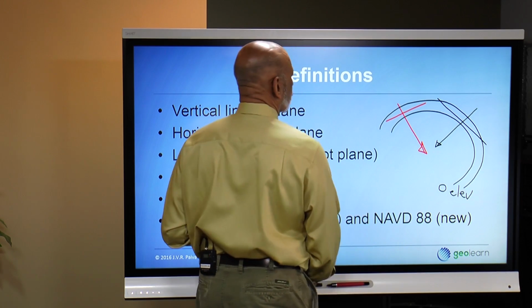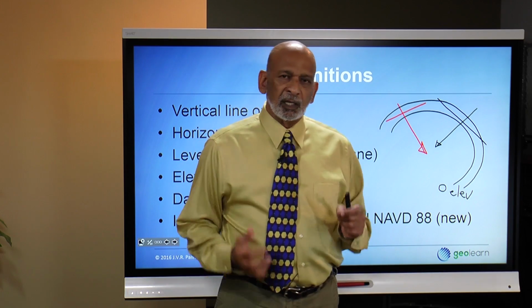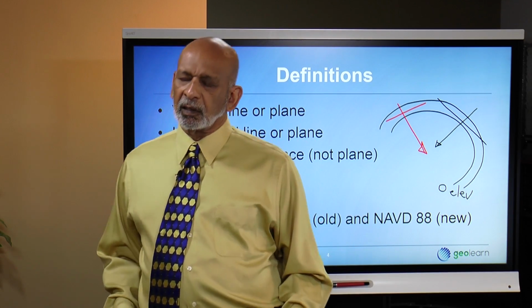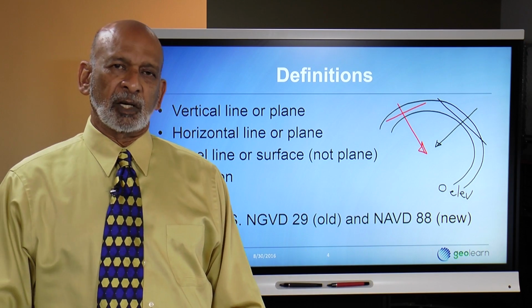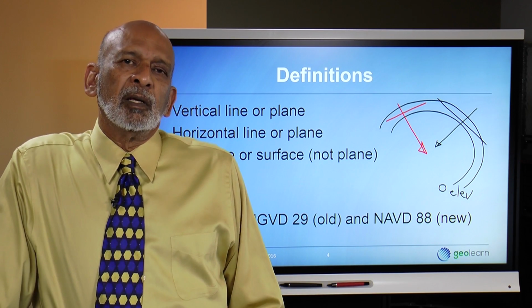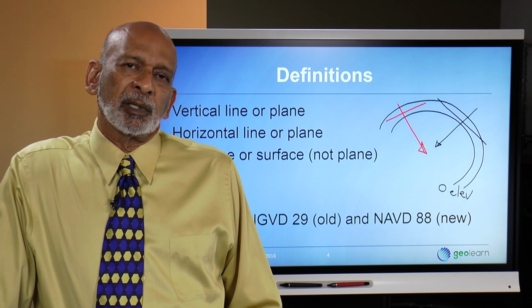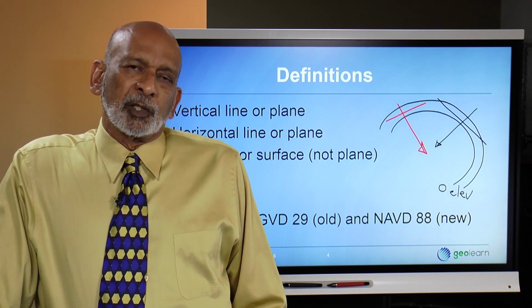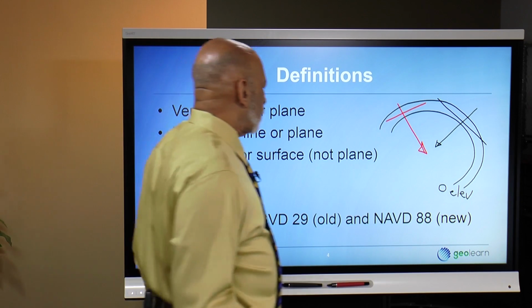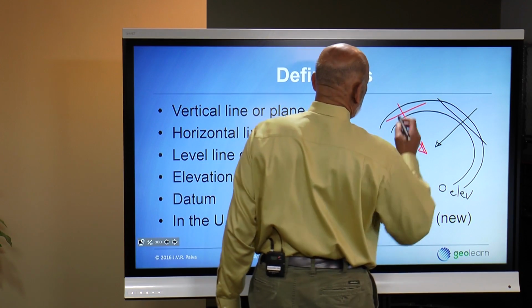Turns out it's not so simple because the Earth is not a perfect sphere. It's not even a perfect anything. It's not a perfect ellipsoid, which is often the common shape used to approximate the shape of the Earth. Because what we are really dealing with is what's referred to as a